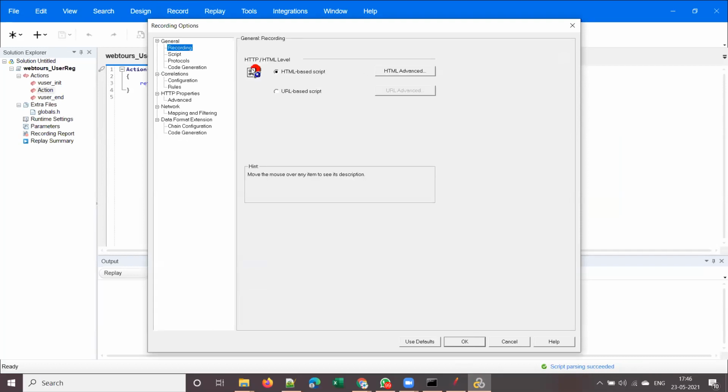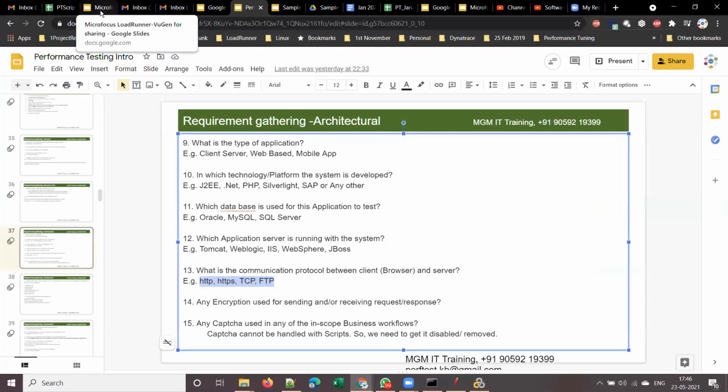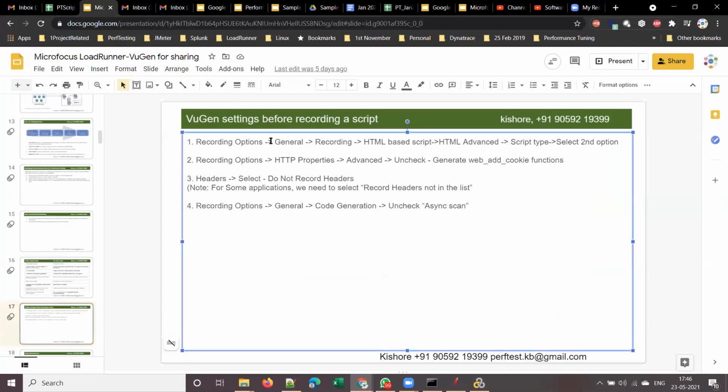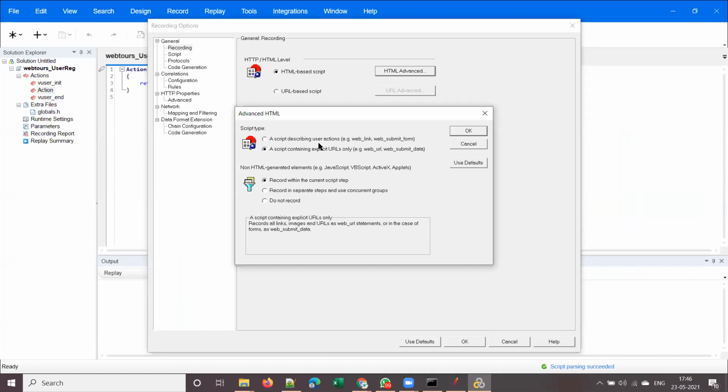So these are the settings that you have to do before recording the script. I have listed them over here. Go to recording options, general, recording, HTML based script. Click on HTML advanced and select the second one.